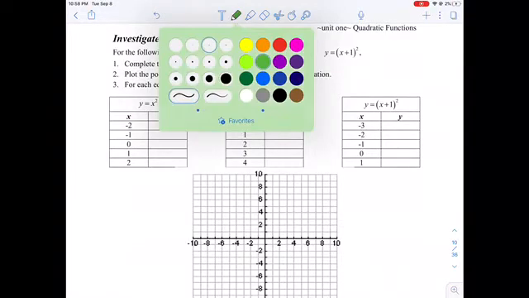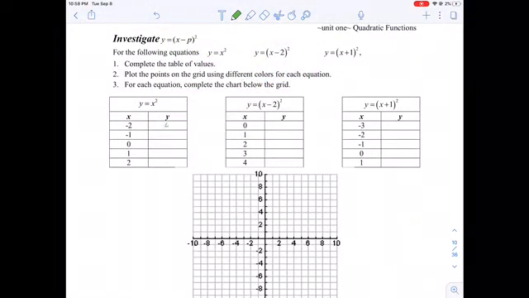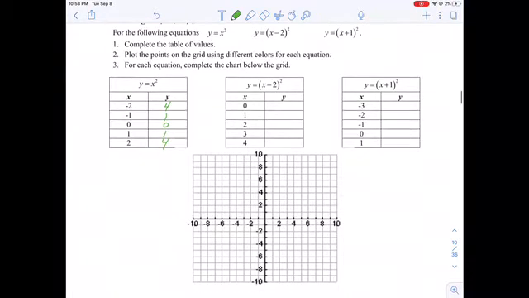So we've already done this with y equals x squared. This is 4, 1, 0, 1, and 4. So I know a trick for how we can graph this. I always want at least 5 points to graph my parabola. So once I know where my vertex is, which is at 0, 0 for this particular graph, I know that